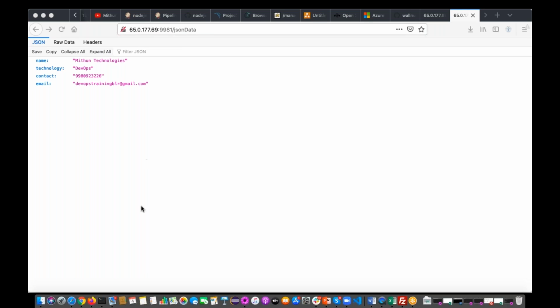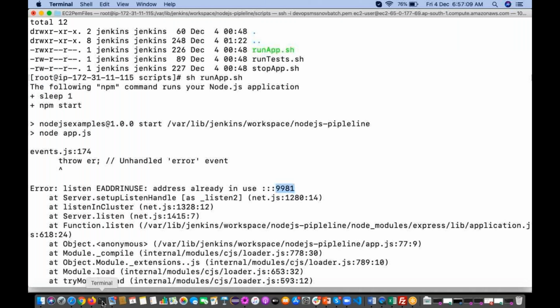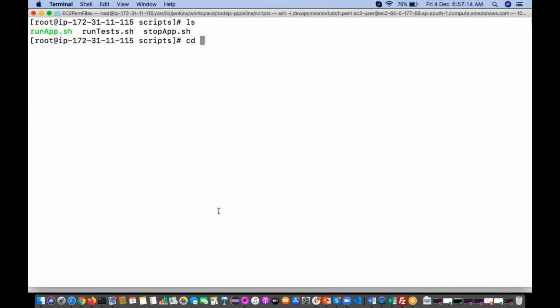Right. So currently, what we did, we have deployed in the same Linux server where my Jenkins is running. So if you want to run in a different Linux server, first you can copy this application. Okay, so here if you see, go back.